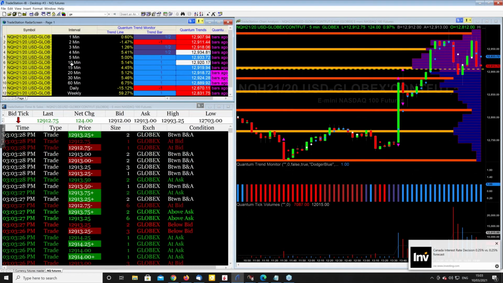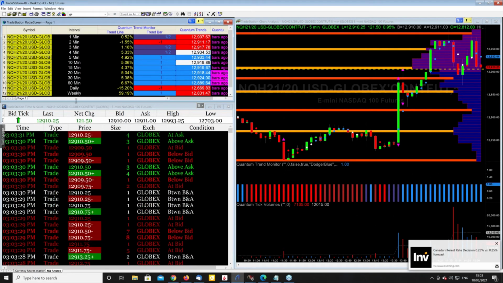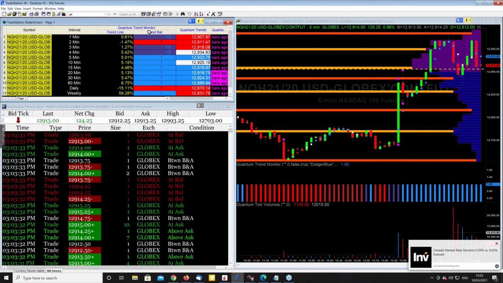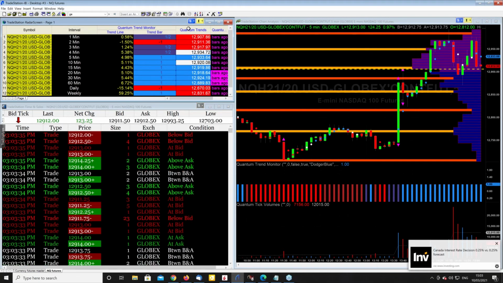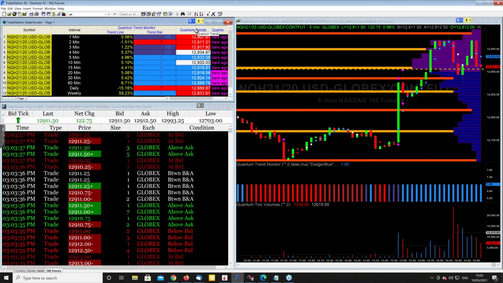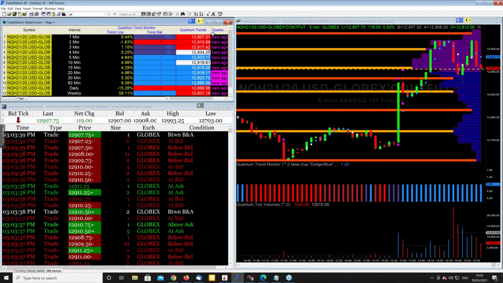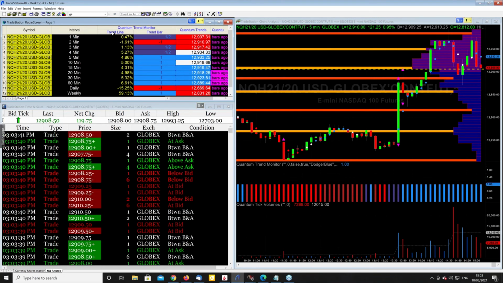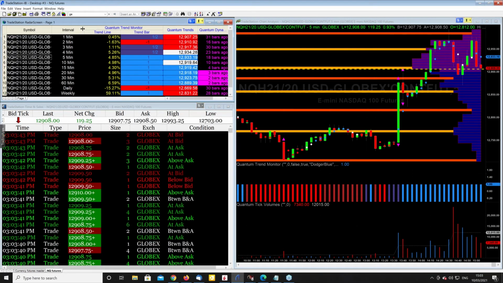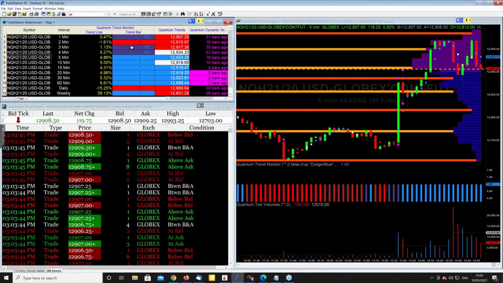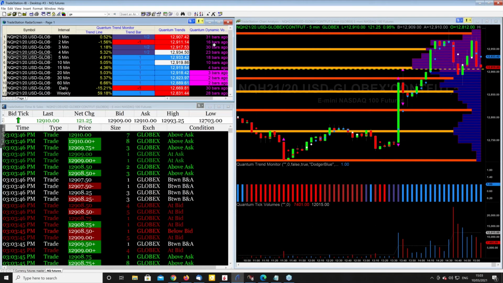But in terms of what this tells you up here, this is the radar screen. Basically, I've got the trend monitor again on here, and I've got the trends as well, the trend dots, and I've got the volatility over here. It's just squeezed over a little bit tight. I can just pull this over a bit. Okay, there we go. So we've got the quantum volatility indicator on here as well.